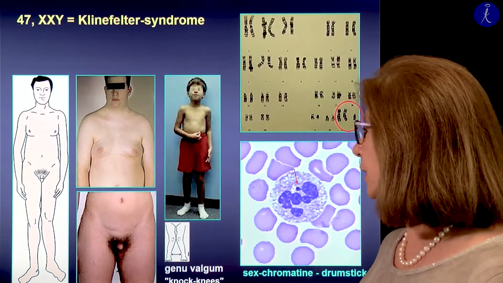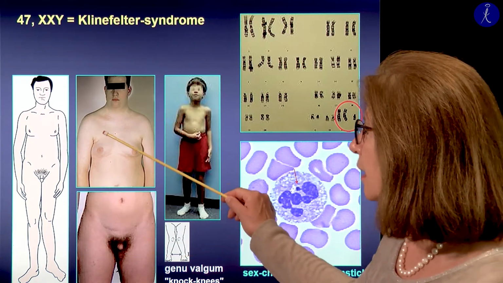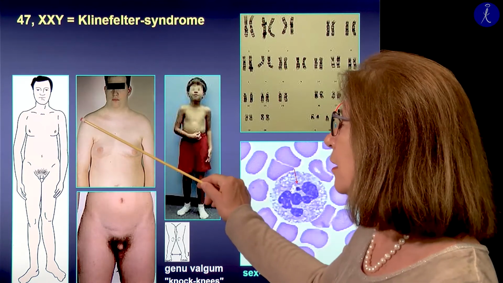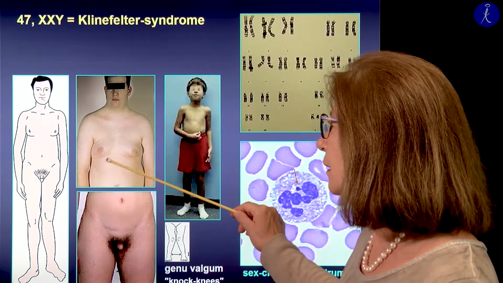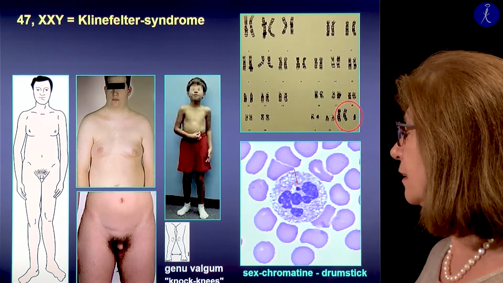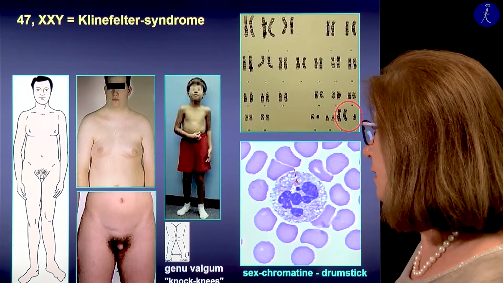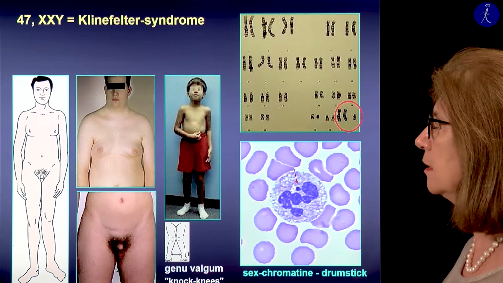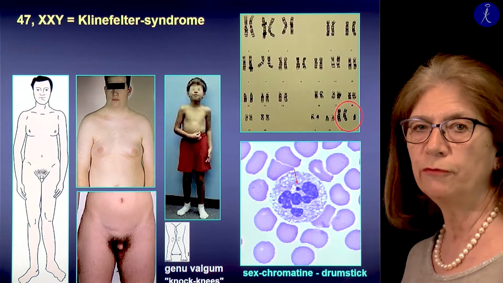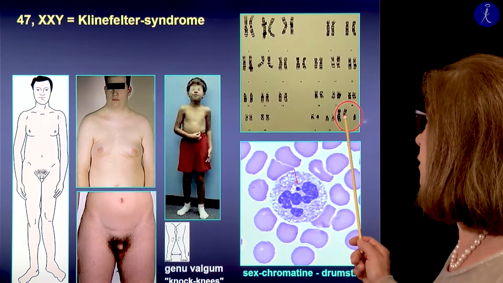This is the Klinefelter syndrome. In the case of Klinefelter syndrome, these are tall males and the shoulders are not very wide. They have gynecomastia, so they have kind of breasts, micropenis, and genu valgum, knock knees. These are the characteristic features. They are usually infertile. And if you look at the karyogram, there are 2 X chromosomes and